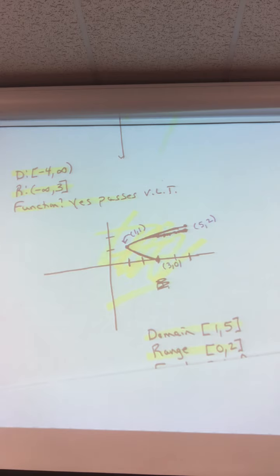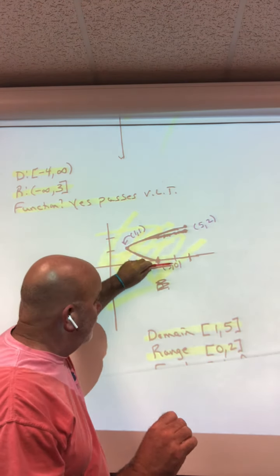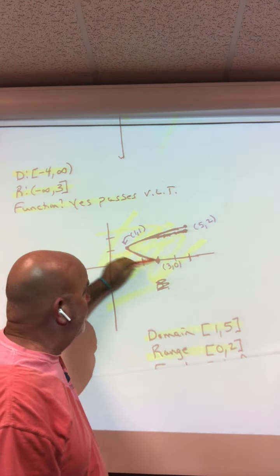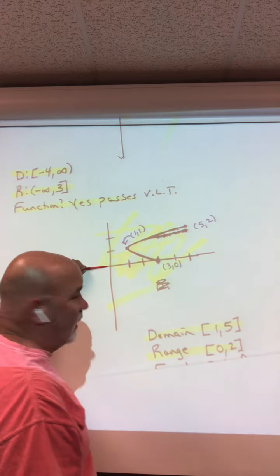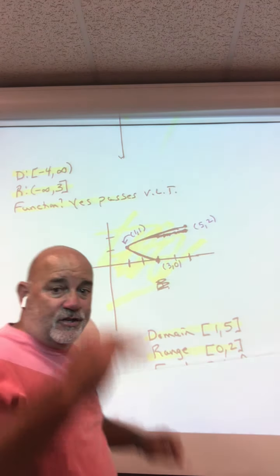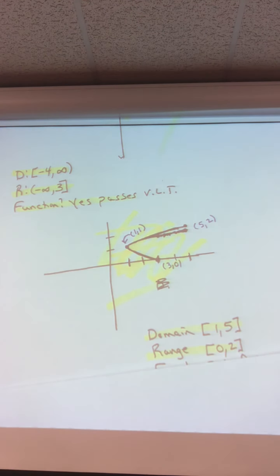The range is the lowest point, the y value, not the x value. Lowest point on the graph, which is at 0, to the highest point, which is at 2. So 0 to 2 is your range. Now, does this graph